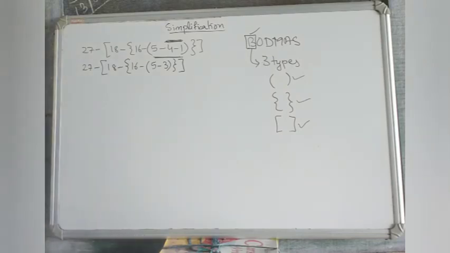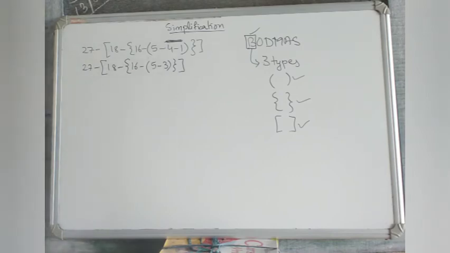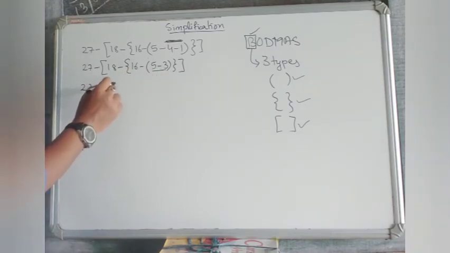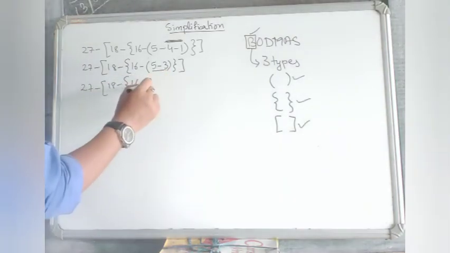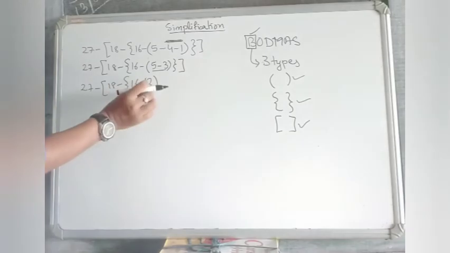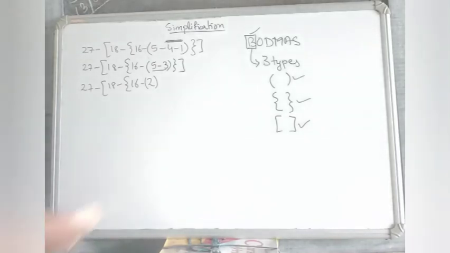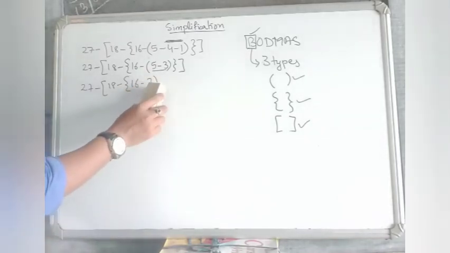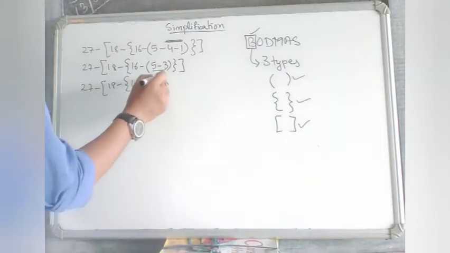So this is clear. So first you have to go for the bar. Now second we have to go for the brackets. Now first bracket is between this, so other things remain same. 5 minus 3 will give me 2. Now because there is a bracket which has no use, because only one single digit remains, these brackets will go off. There will be no need to have a bracket now. Now others will remain same.